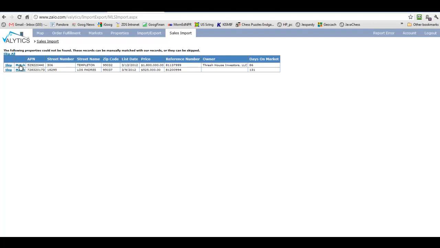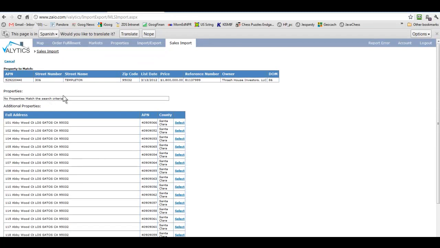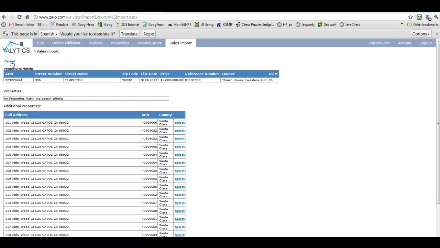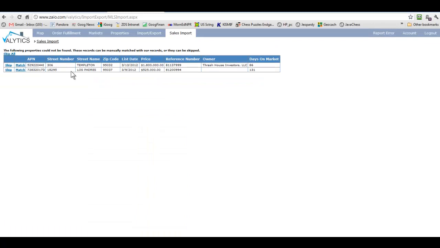If I wanted to see if it's in there, I could click this match button here, and Volytics will say, any of these look right. Now, why it's putting up Abbey Wood instead of Templeton, I don't know. Like I said, out here at least, there haven't been problems with the address match, so all of these for me have been new construction. And so I'll just say skip all,